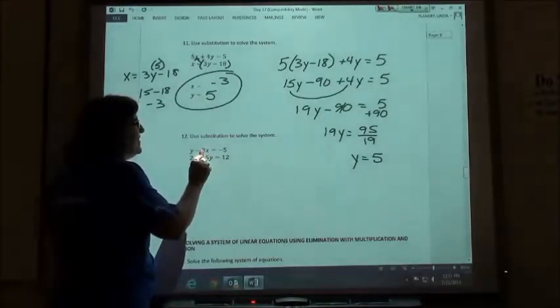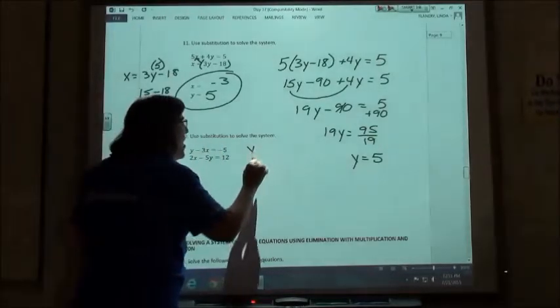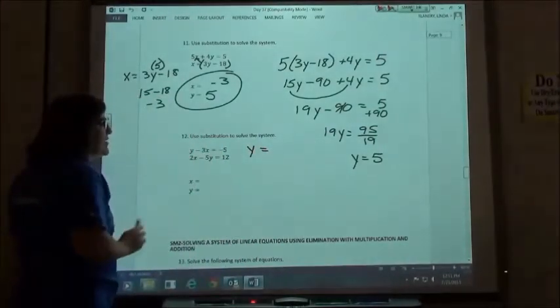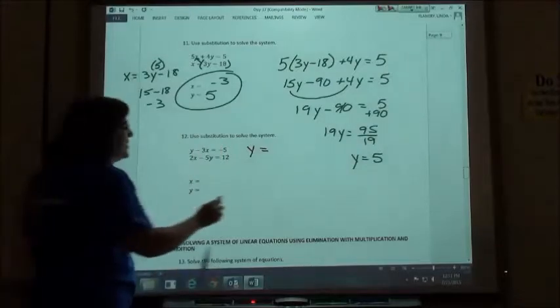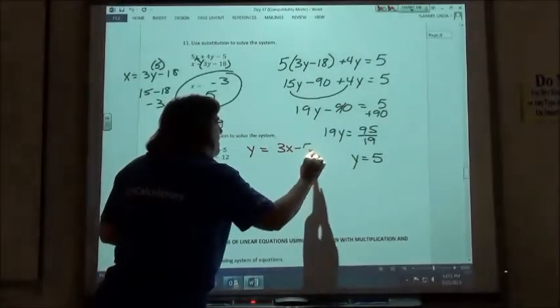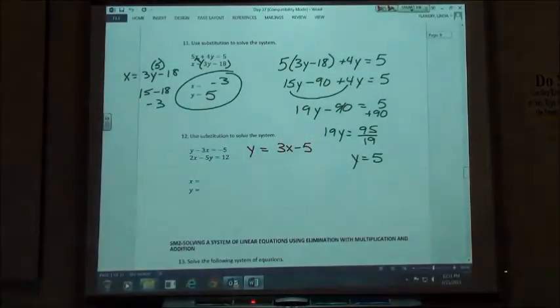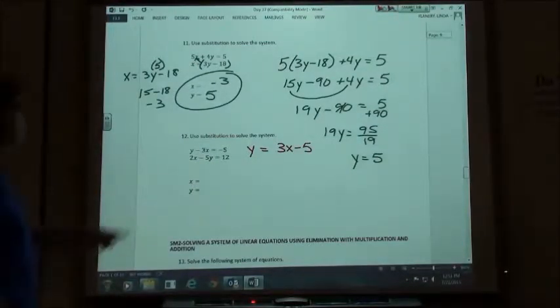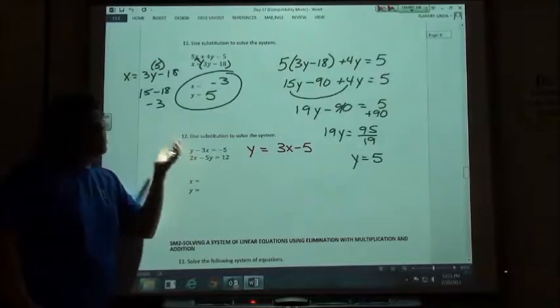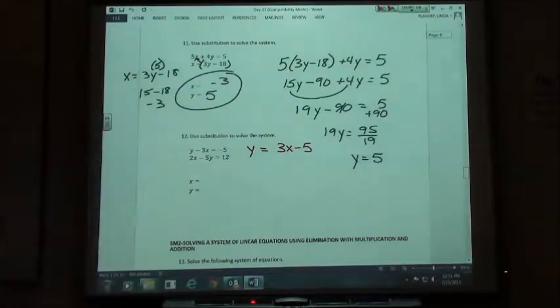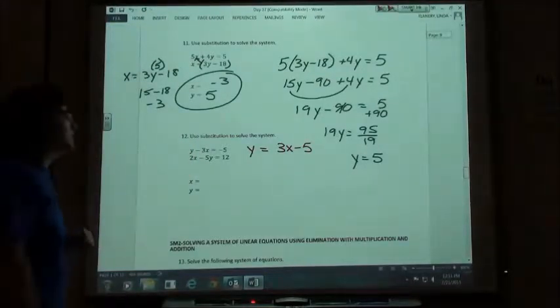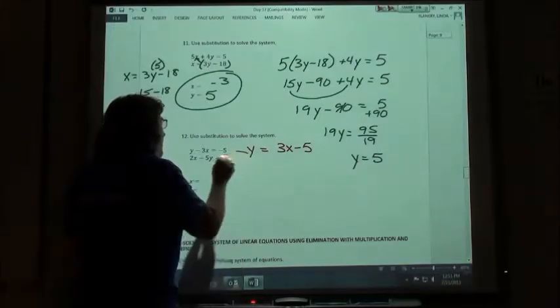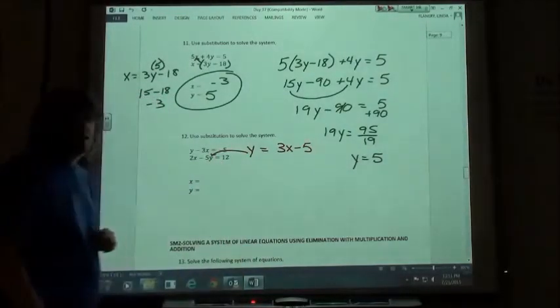So what I need to do is set this one equal to y by moving my 3x to the other side. So that's going to become a positive 3x minus 5. And if you put negative 5 plus 3x, it's still going to work out okay. But look for one that doesn't have a coefficient other than 1 in front of it and solve it for that, so you don't have any weird fractions. Substituting in for y then, my new equation would be